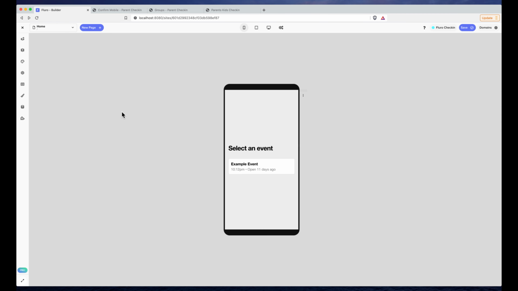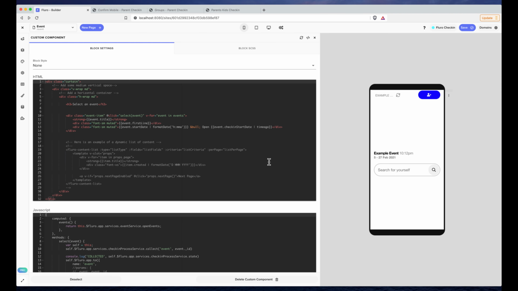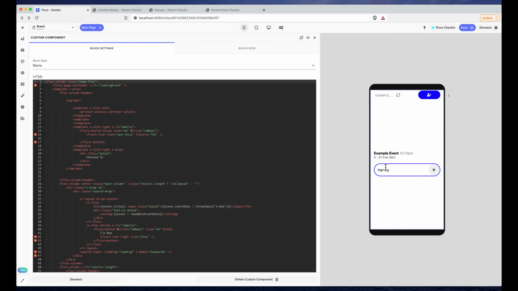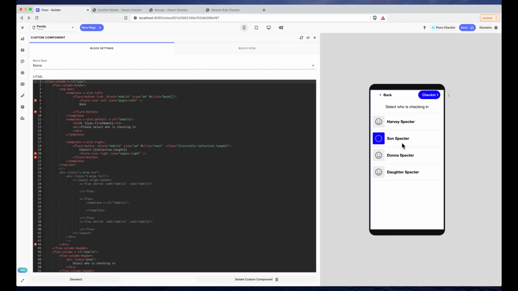In this video, I'm going to show you how to create a keypad as an example of a reusable component in our app. I'm building a check-in app where people can check in their children into an event. They choose themselves, then they choose which people they're checking in, and then they continue to check in, they confirm